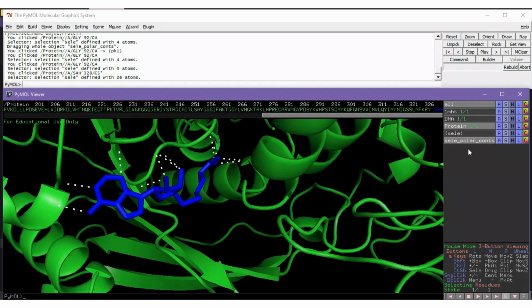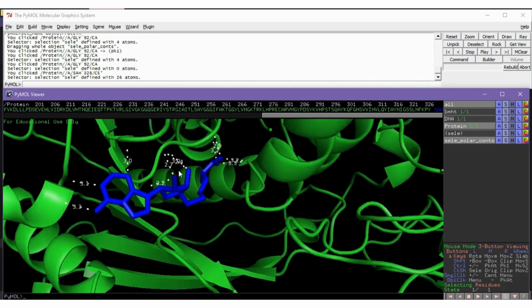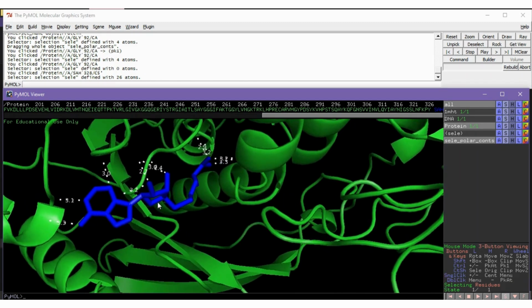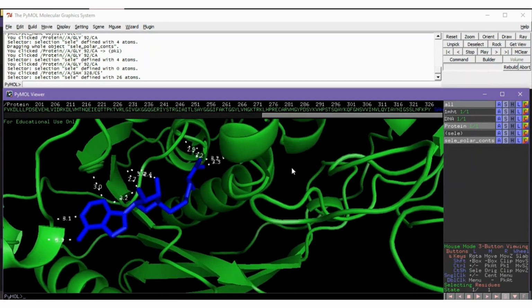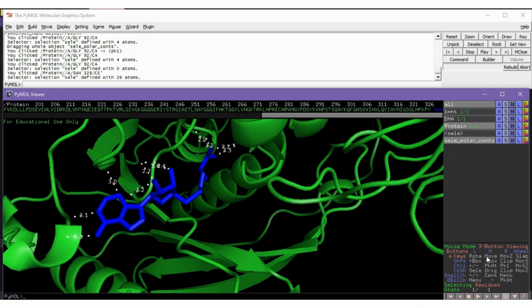We can see it a bit better, but this does not show us the distances of the hydrogen bond. So then to see that, we go to the polar contacts object, label, show labels, and we can see that the distances are now shown on the structure. And as we've mentioned previously, what we now can do is go to the mouse panel, do a right click, then press Control, do a left click, and then we can drag the distances so that it is not on the dotted line itself.